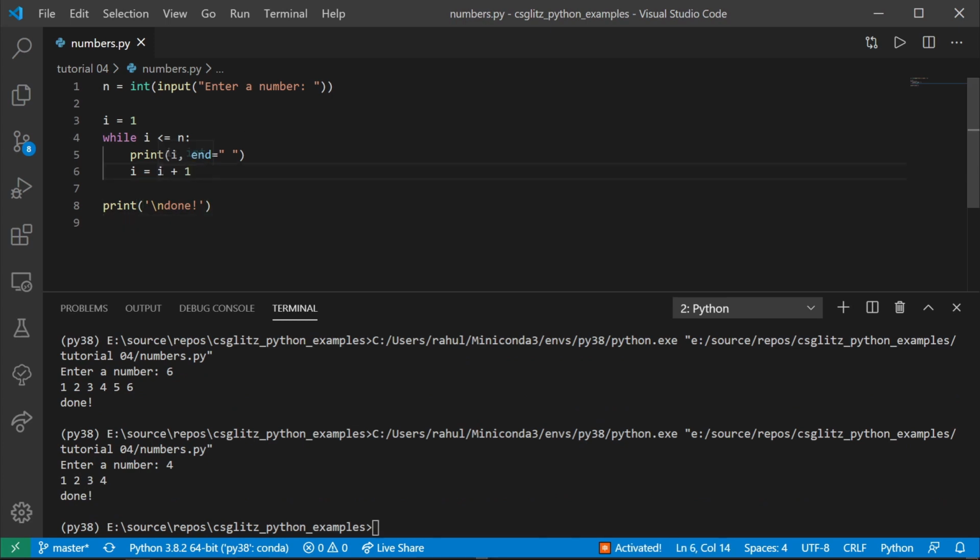Instead of writing i is equal to i plus 1, we can also write i plus equals 1, which means we are adding 1 in i.